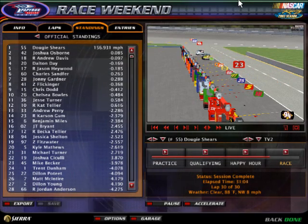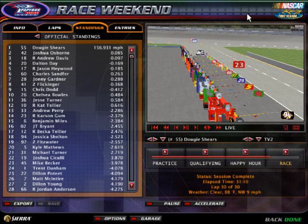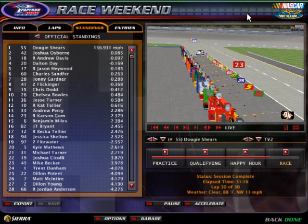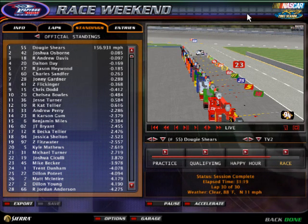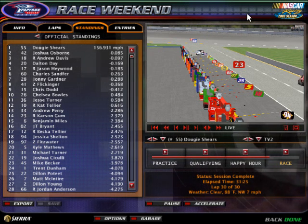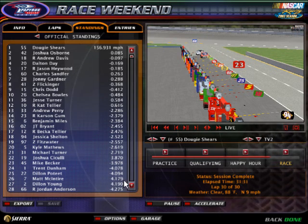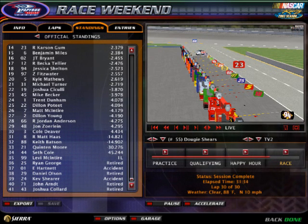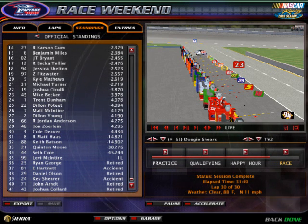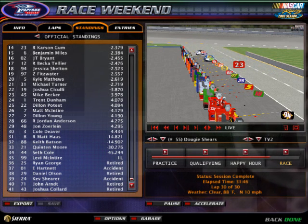So that's 17 races in the books here at Michigan Speedway. We gave you the top 10 already in this event. Average speed 156.931. Jesse Turner comes home in 11th position. 12th spot will go to Kat Tellier. Andrew Perry 13th. Carson Gum 14th. 15th was Benjamin Miles. Then it's JT Bryant 16th. Becca Tellier 17th. Jessica Shelton 18th. 19th Zachary Fitzwater. And Kyle Matthews comes home in 20th position. 21st spot will go to Michael Turner, then Joshua Sakuli, Mike Becker, Trent Dunham, Dylan Poteet, Matt McIntyre, Dylan Young, Jordan Anderson, Jonathan Zorlin, Cole Deaver, Matt Haas, Keith Badson, Quentin Moore, and Seth Cole were the last finishers